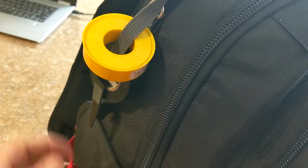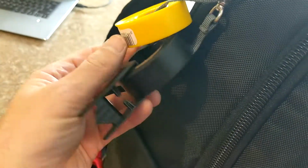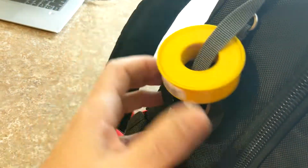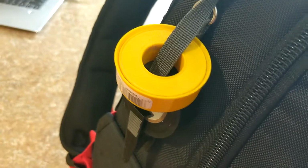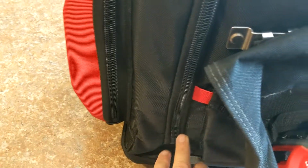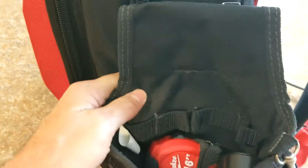All right, on the outside there is a tape loop here, and I keep just a little bit of general tape here, some plumber's tape. Actually, this is rated for gas pipes, and some electrical tape. Spin it around to the other side here. I don't have anything right now in either of the drink holder spots, but on the tape holder clip,